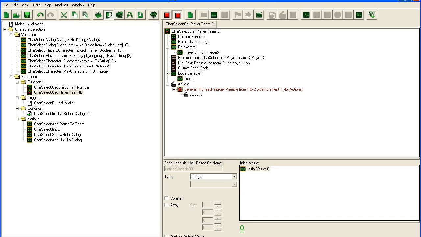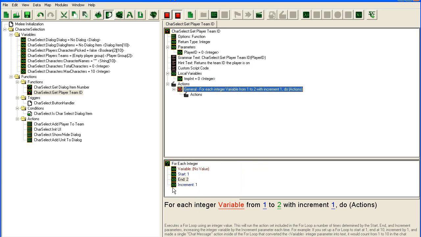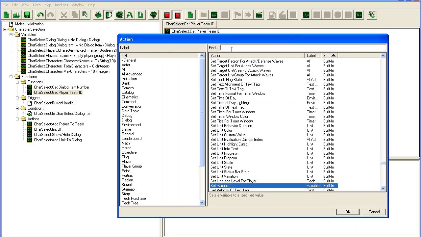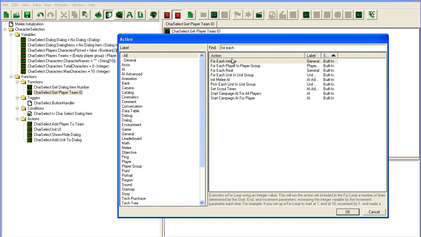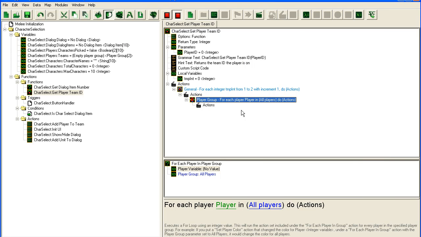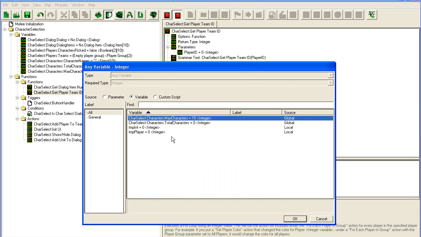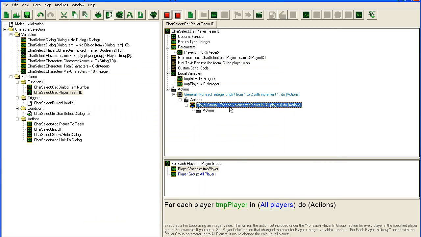And we need an integer. Gonna have temp int, and then inside here we're gonna do another for each player in player group. Player variable is going to be another temp player. All right, and player group